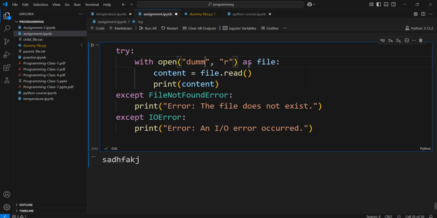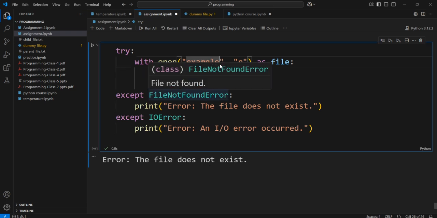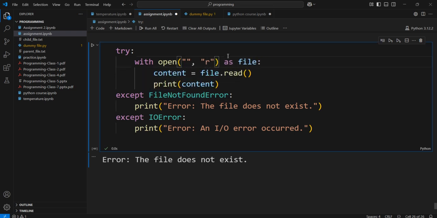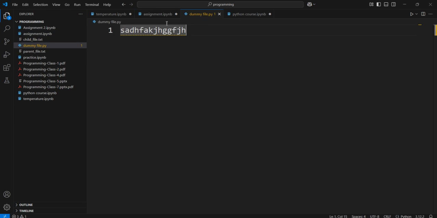For example, I have not created a file with the name example. Okay, and I am writing this, that I am opening this file. So I am running this code. If I do not use this code, it will just provide me with the error. But in order to save yourself from the error, you open this file, and the file does not exist. But you already know that I have created the file demo.py. Okay, so I am running this code, and what I have written in this file, this thing,